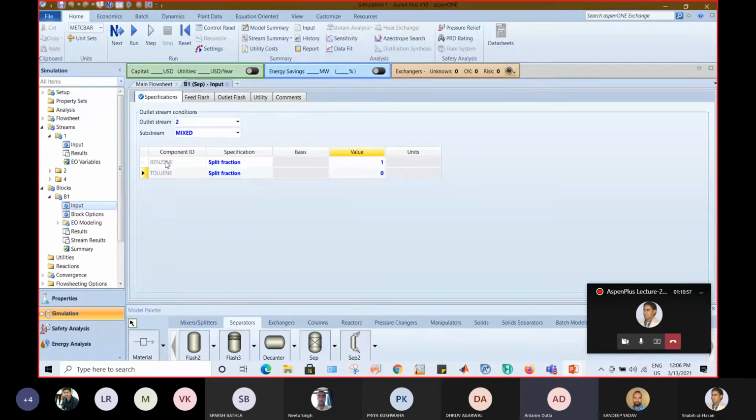That means whatever benzene is entering the component separator should come out as the top outlet stream, and in the top there should not be any toluene present. That means a very perfect separation. In the top stream, each and every single thing should be benzene, and in the bottom stream, toluene should be there. So the top stream would be pure benzene and the bottom stream would be pure toluene, which is not practically feasible, let me tell you.